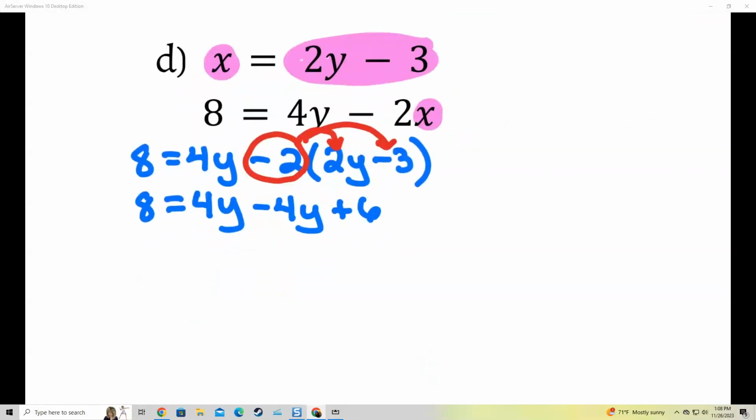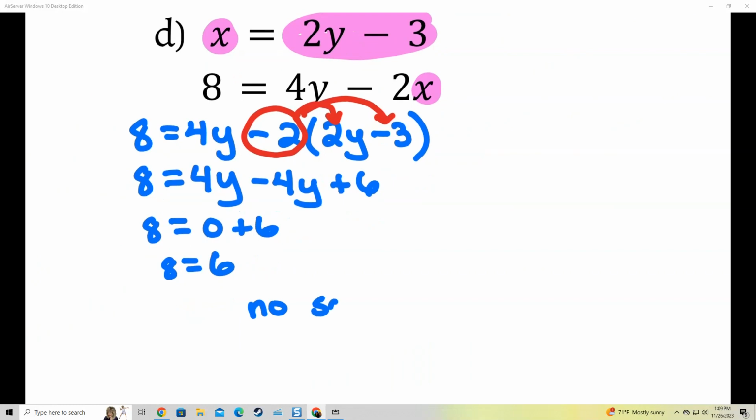Let's see, I got y's over here. I can combine like terms. 4y minus 4y, that's 0. That's 8 equals 0 plus 6. That means 8 equals 6. Whoa. We've seen stuff like this before. Do not get confused. I got a statement that says 8 equals 6, and 8 definitely is not equal to 6. Therefore, this is going to be